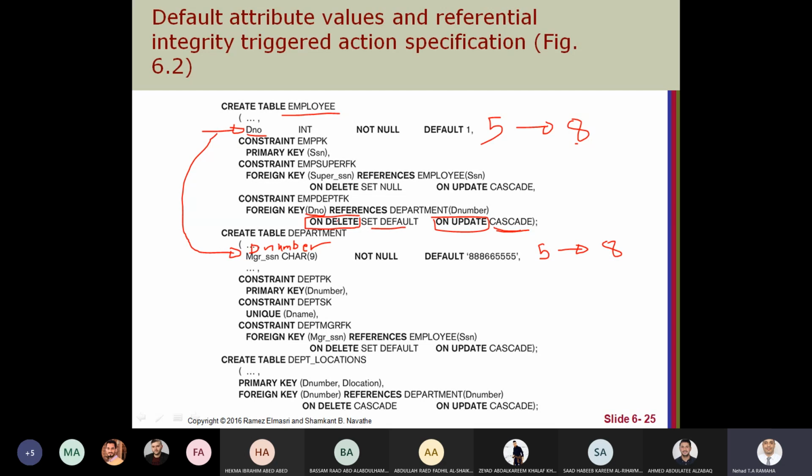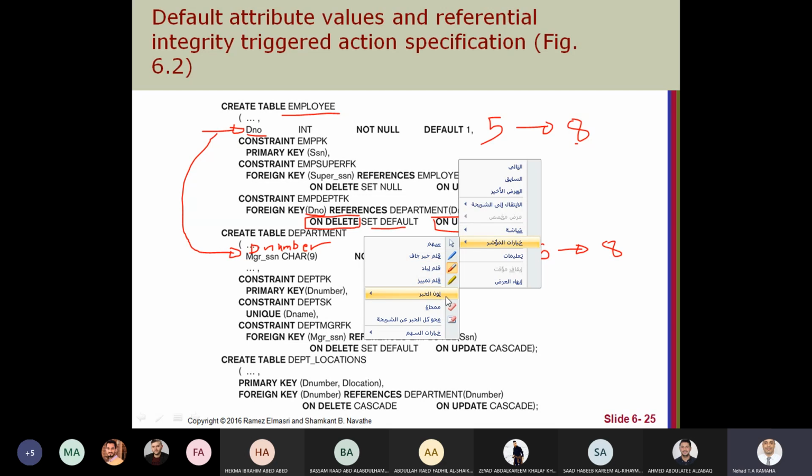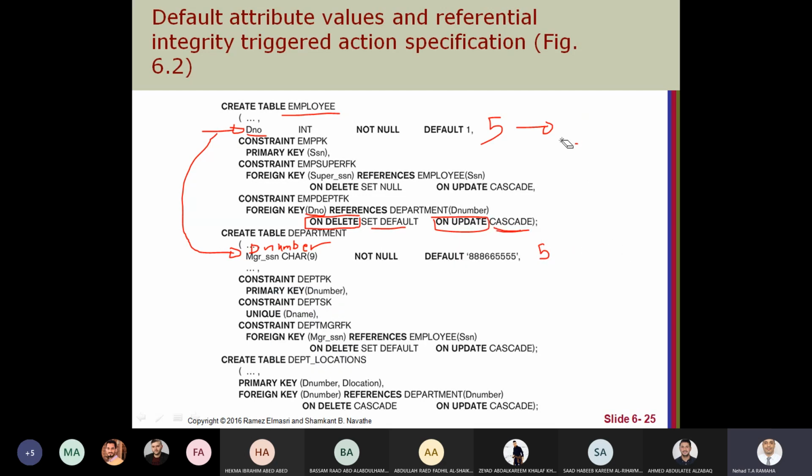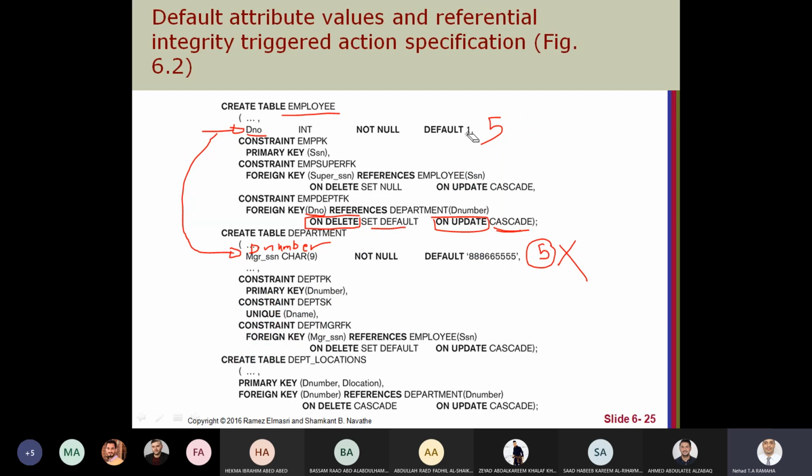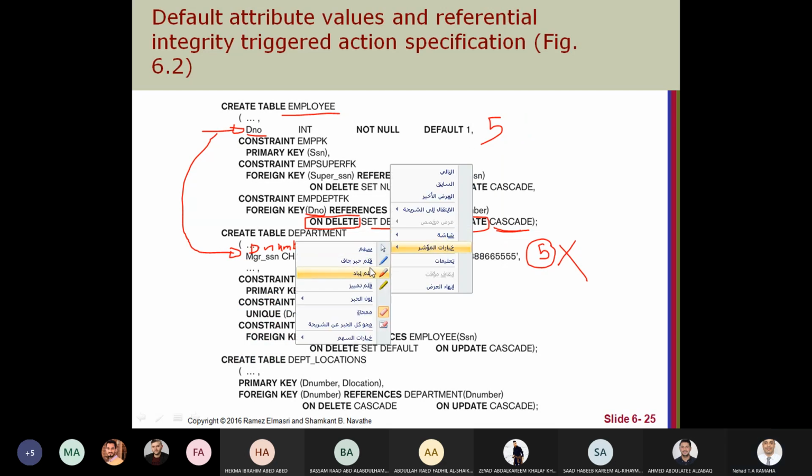Okay, what about on delete, set default? This means if the primary key is deleted, for example department number 5, we go to the foreign key D number, and if it's 5, we set it to its default. This means we should specify a default for the foreign key.